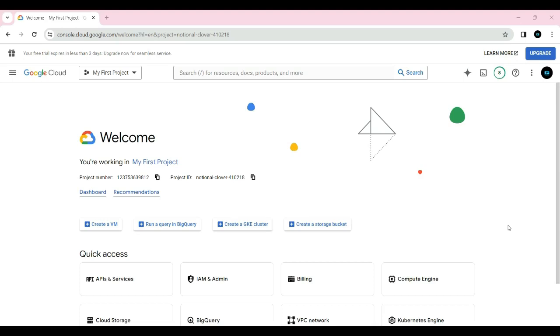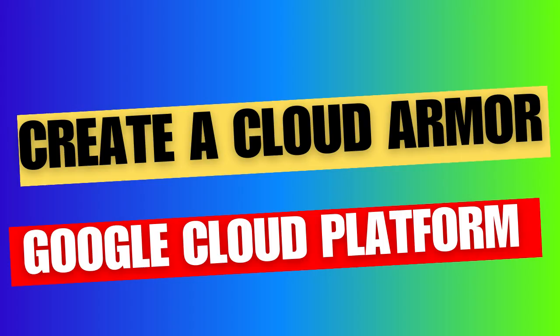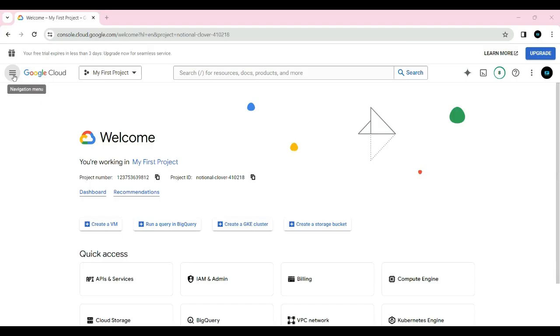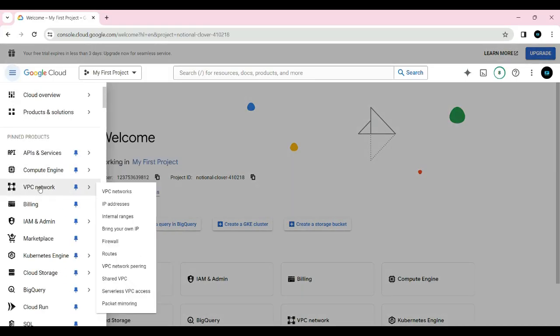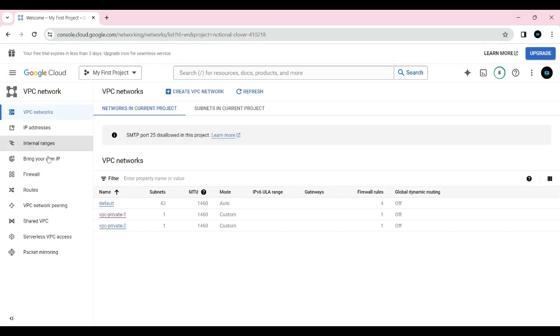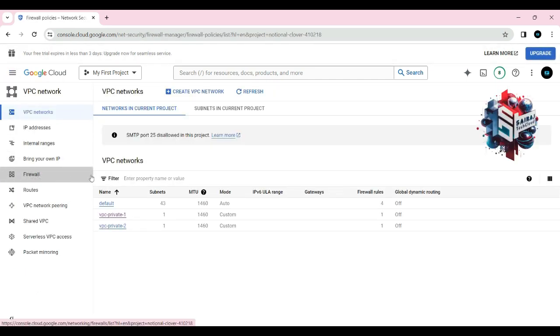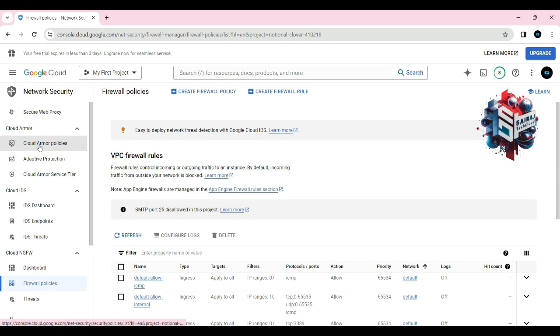Now guys, I'll guide you how to create Cloud Armor policies in Google Cloud Platform. This is very important guys to secure your networking services. First click on the navigation menu, then click on VPC network, then click on firewall, then click on Cloud Armor